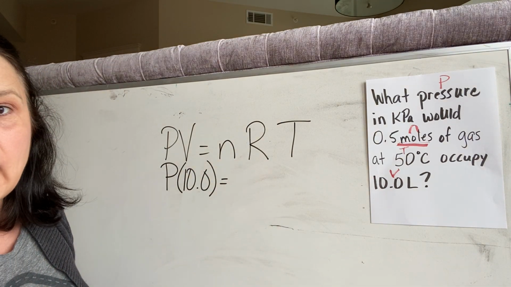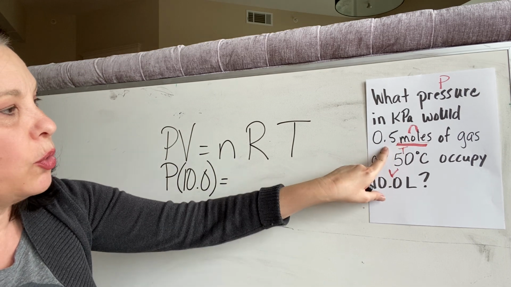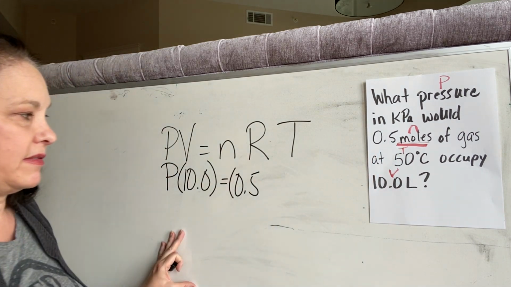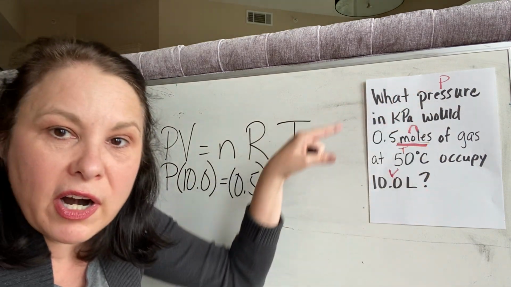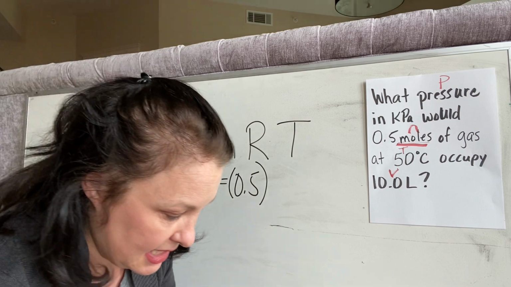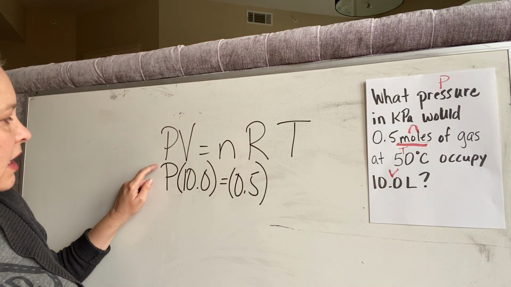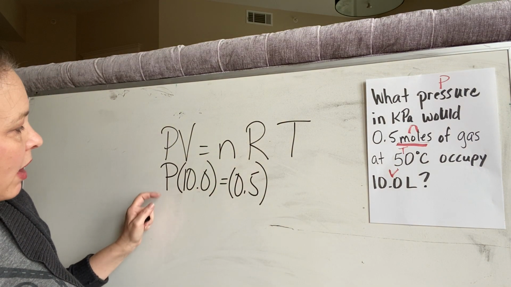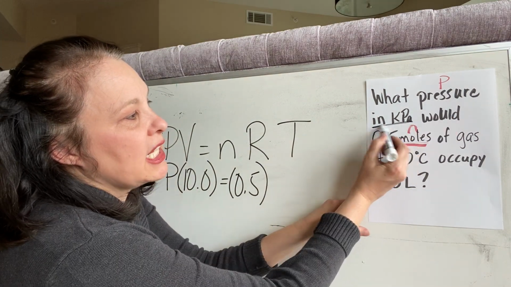Other side. N is next. Do I know my N, which is my moles? Oh, yes, I do. It is 0.5. Now, R. Remember, R is never going to be here. Instead, it is here. So I say to myself, my R has to match my pressure. Well, I don't know what my pressure is, but the problem tells me it wants it in